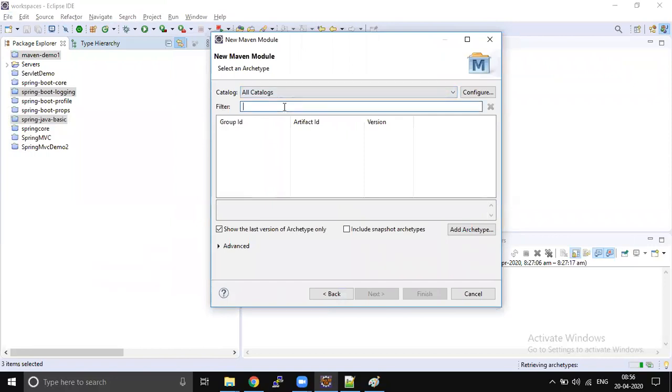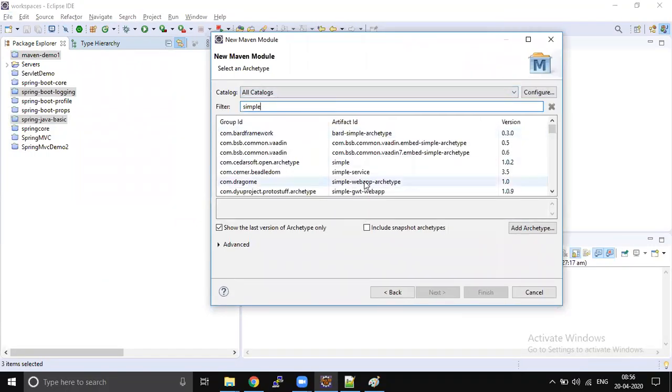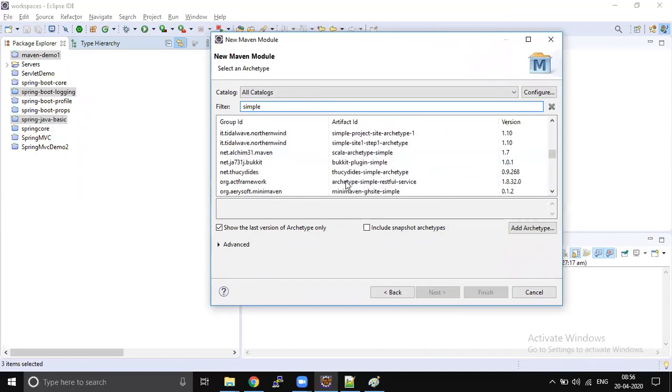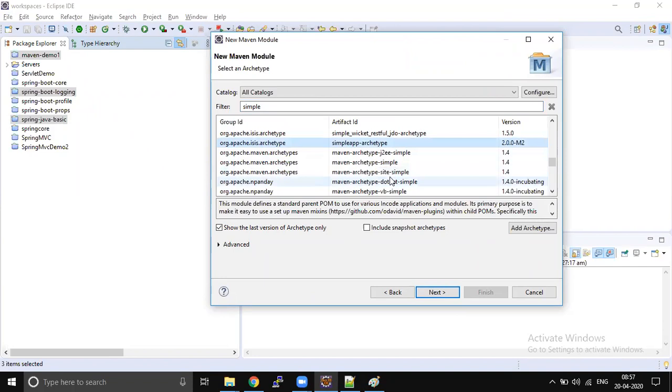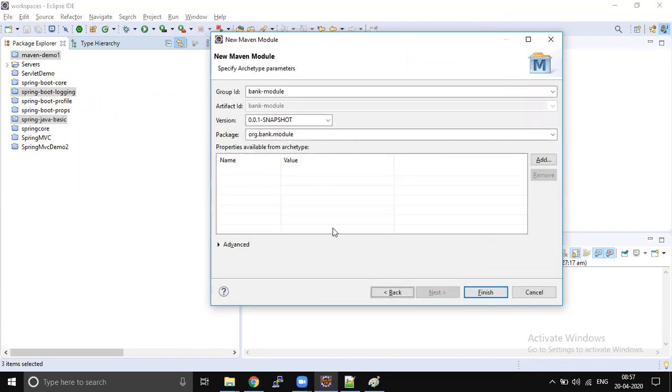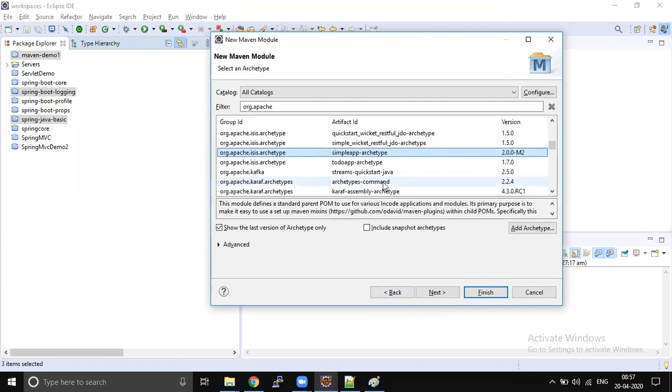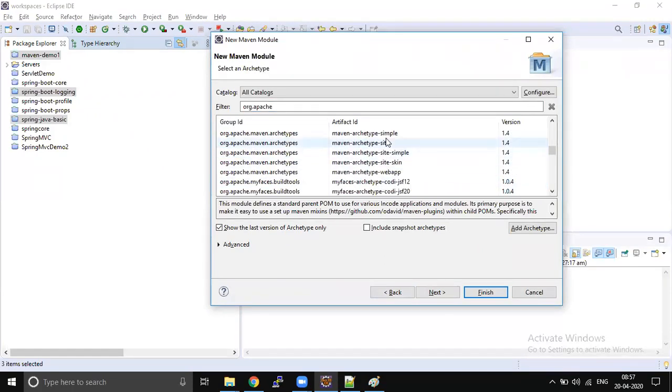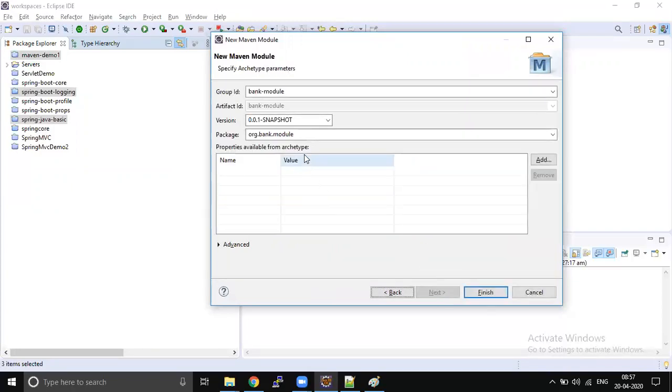Next. What type do I want? I want a simple project, org.apache.maven.archetypes, maven-archetype-simple. Next.